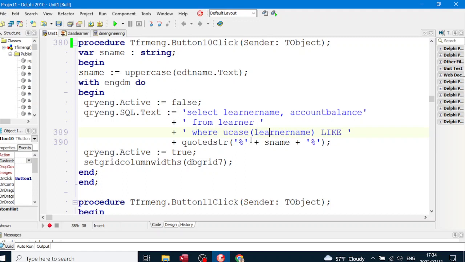So if the name is typed in small letters, we're going to upcase it here with UCase, learner name, where it's like, in other words, the word that they type in the edit box is contained in the learner name. And we use QuotedStr, instead of the two single inverted commas, and then the variable name itself, and around the variable name we have these percentage signs, which are wildcards, which means if the person wrote JO